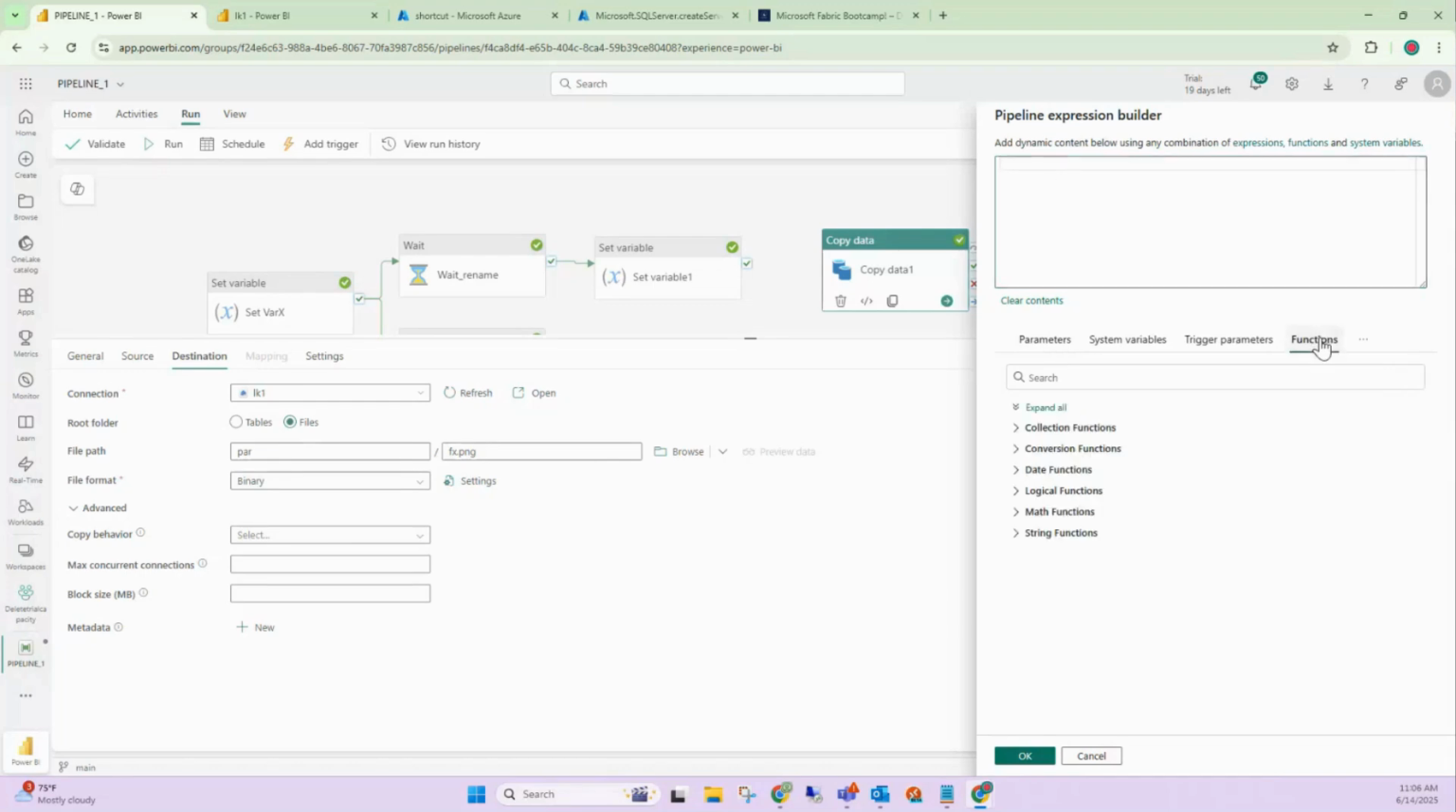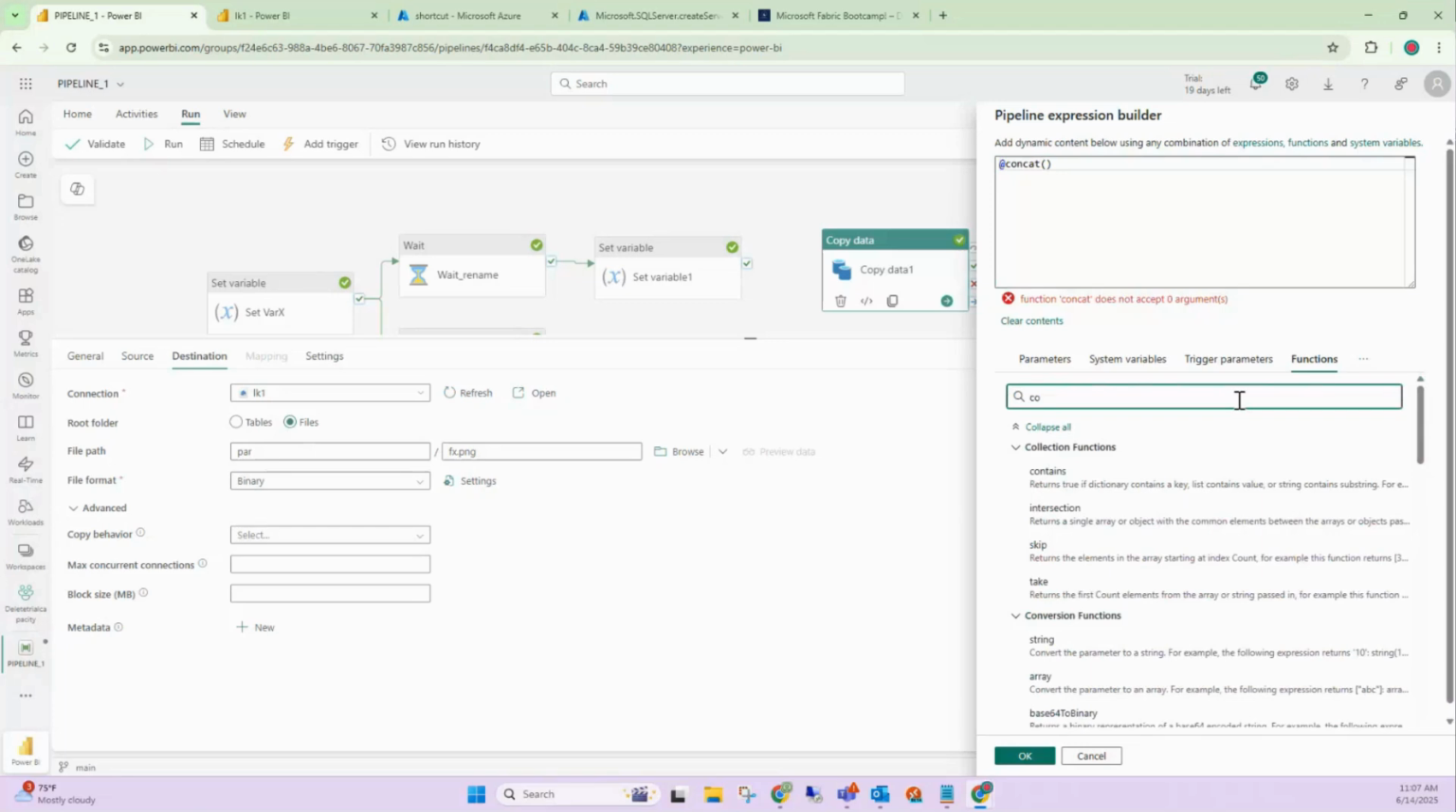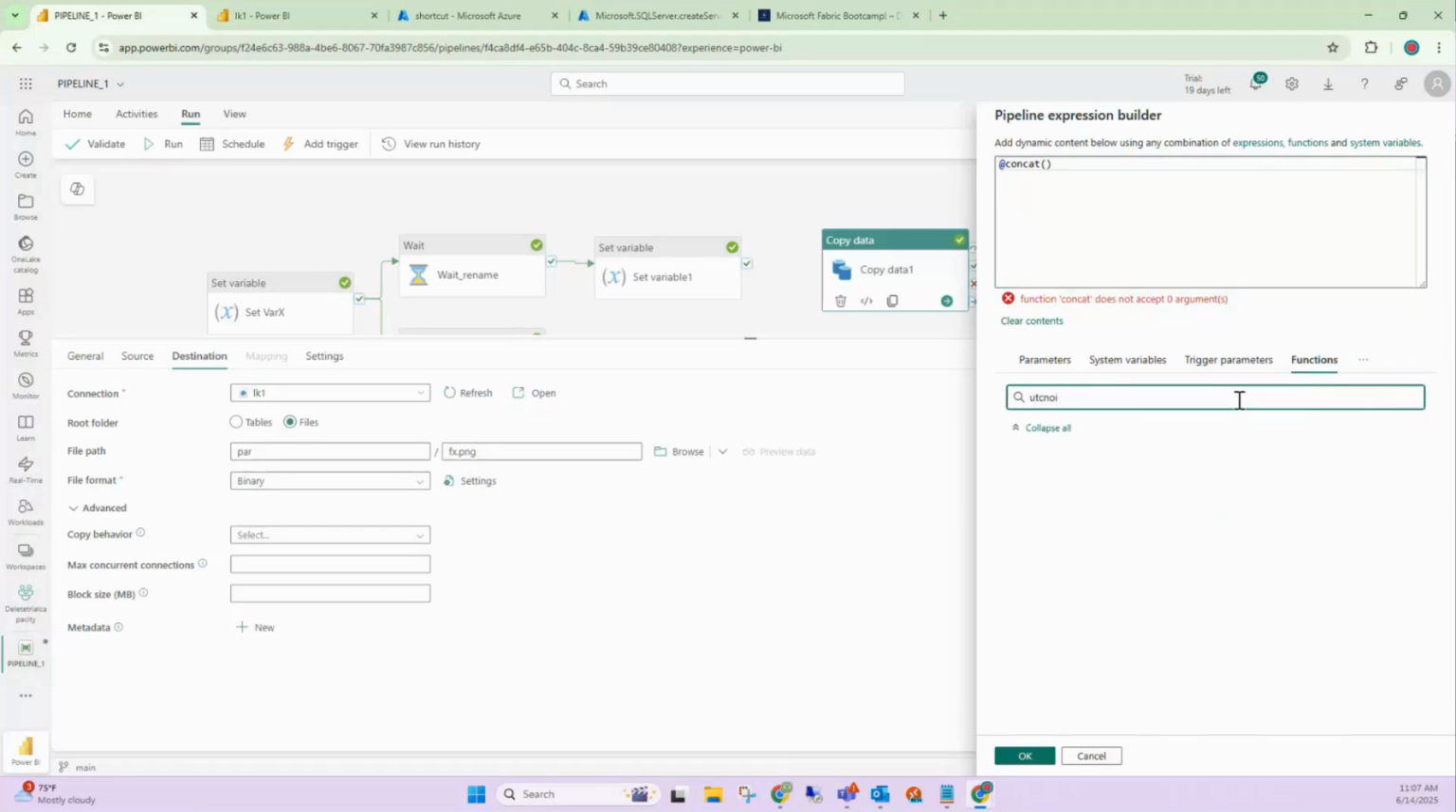So for that, I need to concatenate certain values. For that, I'll use a string function. So I'll type concat. Now, what do I want to concat? I want to concat initially the time. How would I get the time? UTC now. Remember that you all need to go through these functions yourself, because once you understand the function, creation of dynamic values becomes much simpler. So UTC now,